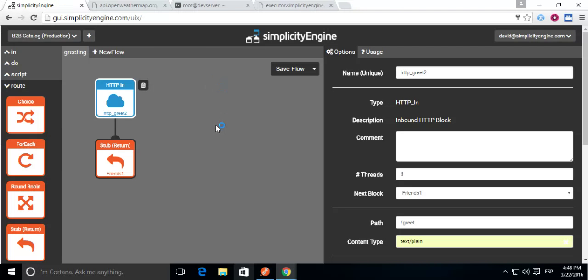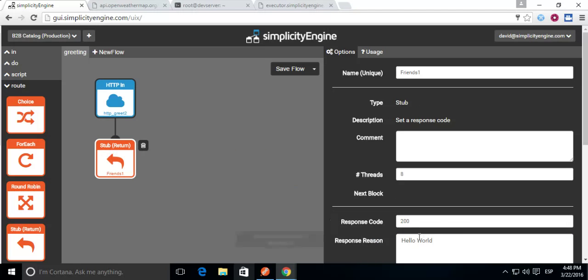Now our service is getting boring, and it just says hello world to everybody. So what we want to do to attract more users is to make it personal. We want to add a customized personal message for our users. So in that case, we just need to go to the stub and the message, change the message from hello world to whatever we want to say. In this case, we're going to respond with hello query.name, and I'm going to explain this now, and then